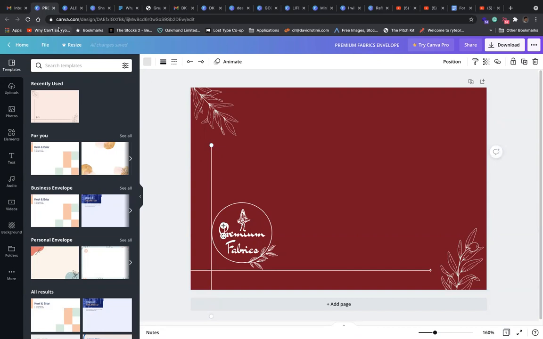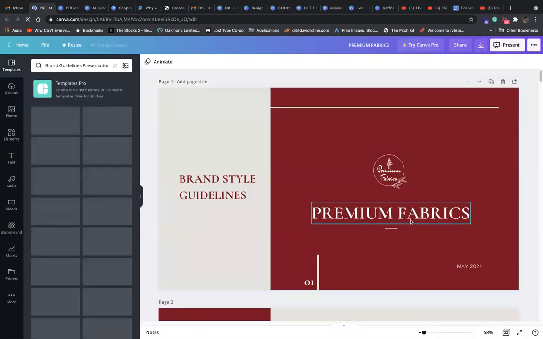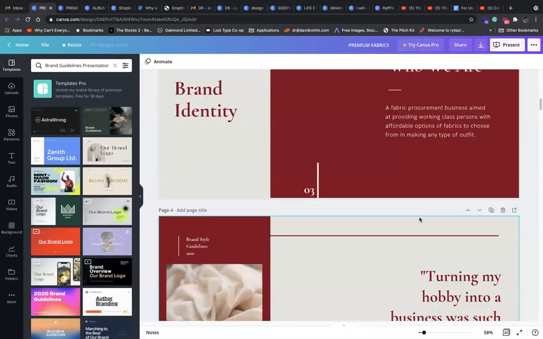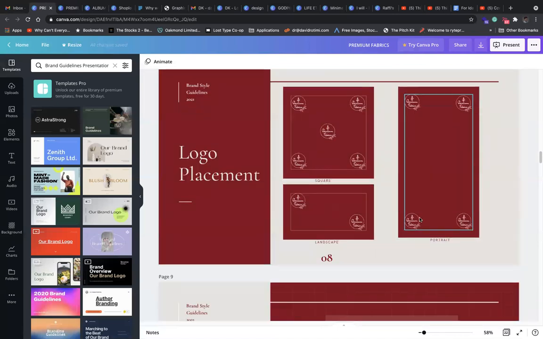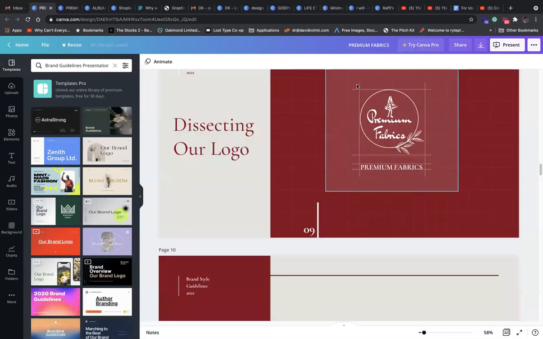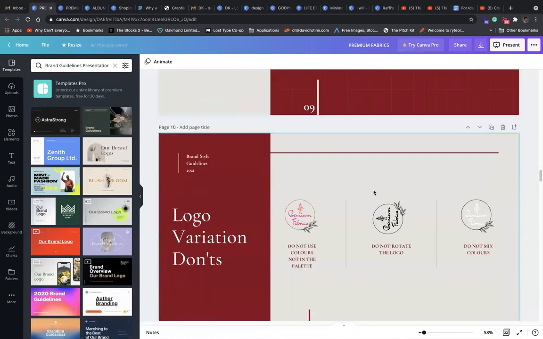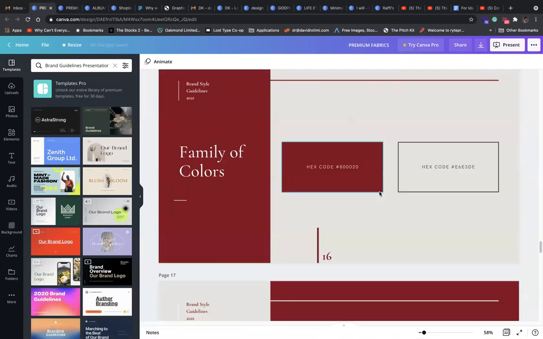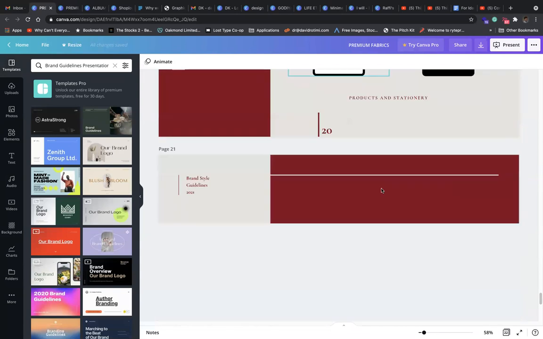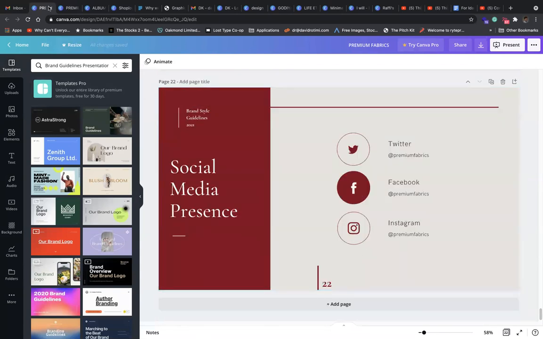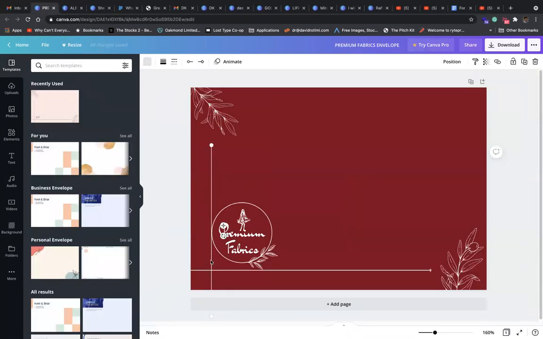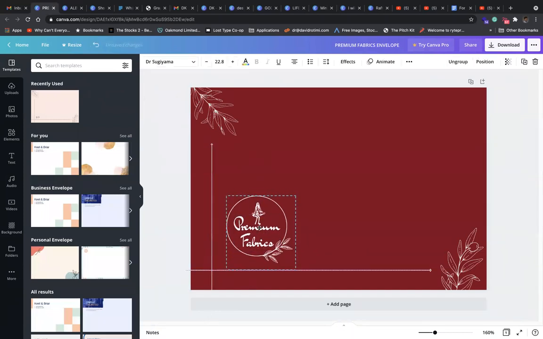Remember in your guideline, you are literally breaking your guideline rule, right? Typically in your guideline, you would have your safe space. Remember your safe space? And I don't even see that reflected here. Maybe that's why you made this mistake. But you shouldn't have anything touching your logo, right? So apart from the fact that this is not supposed to touch your logo, so let's even assume that was